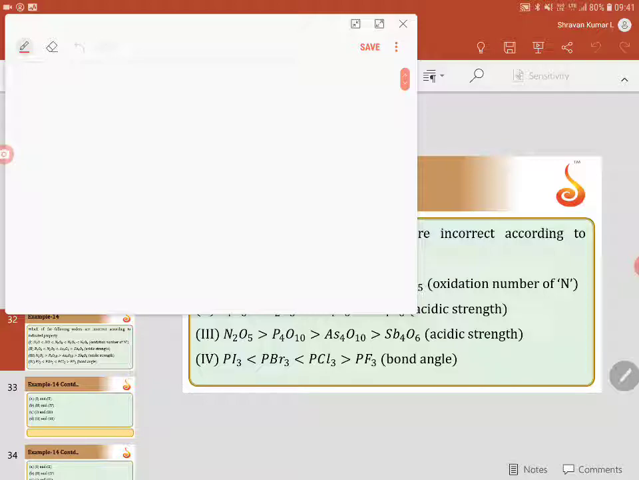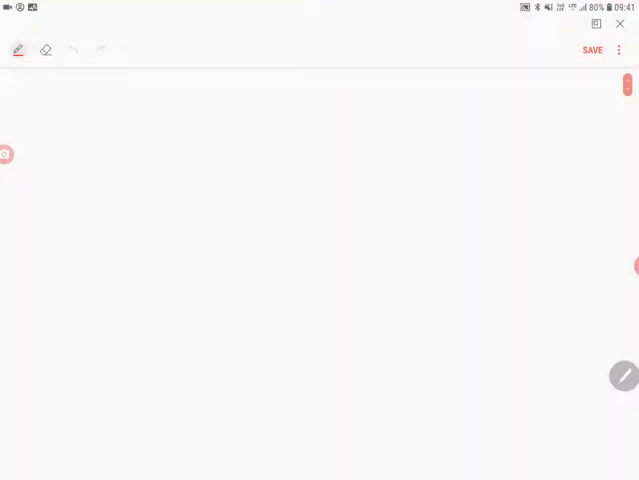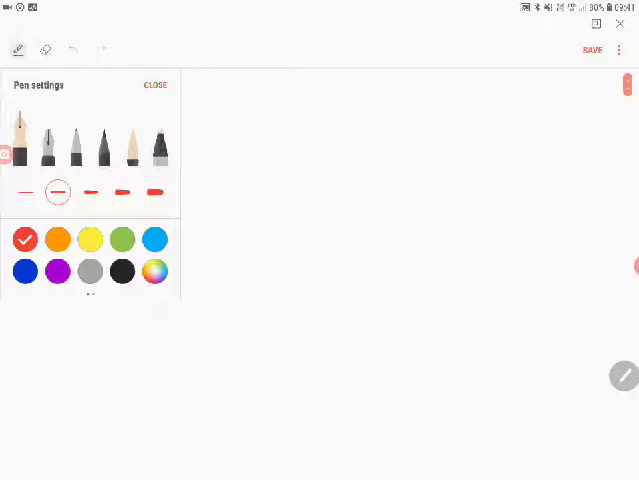So option number one is, example number 14. First one, N2O less than NO less than N2O3 less than N2O4 less than